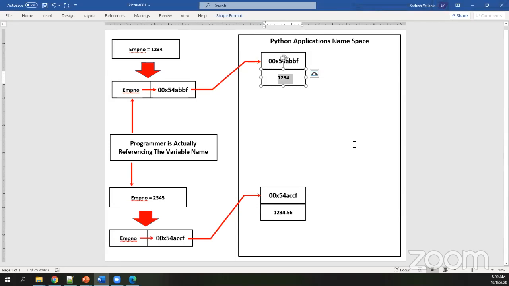Only when the corresponding data type of the value is changing, keeping the variable name as it is, Python is dereferencing the previous memory location, allocating a new memory location, and its address will be associated to the same variable name, whatever you're having. So the things are not complicated, but we need to just have an idea.